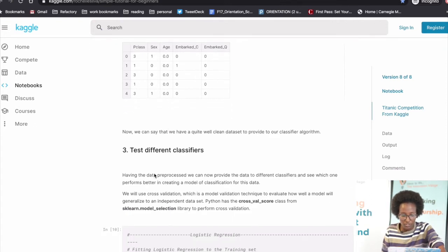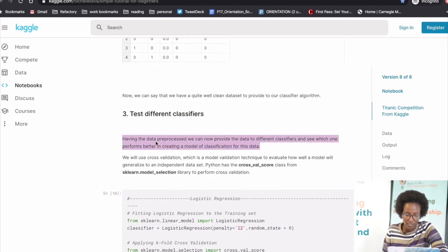Okay, so now this is the third step, and this is the step we're interested in, where the different classifiers that we learned, how are they actually implemented. So we got the data, then we cleaned it, pre-processed it, transformed it, and now we're going to test the classifiers. Having the data pre-processed, we can now provide the data to different classifiers and see which one performs best by creating the model of